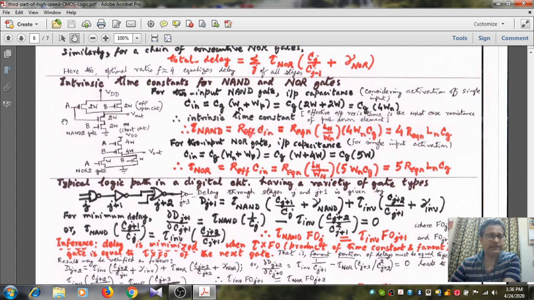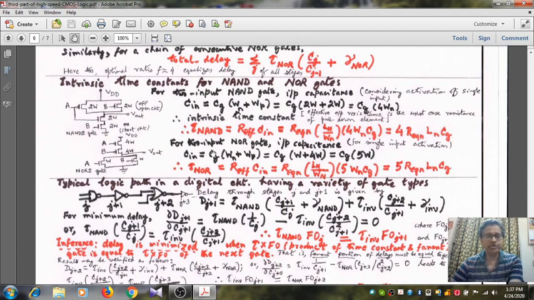Also assume that if a 0 to 1 transition is applied, of course a linear ramp, then this capacitive load will fall, and this transistor which is gated by A will be instrumental because it will first be in saturation, then it will go to the linear region. So we can only consider this transistor which is gated by A. That's why the effective resistance will be R equivalent multiplied by Ln by Wn. Clear? So hence the effective resistance is R equivalent into Ln by Wn, whereas the input capacitance Cin equals 4Wn Cg. So hence it is 4 times R equivalent into Ln into Cg.